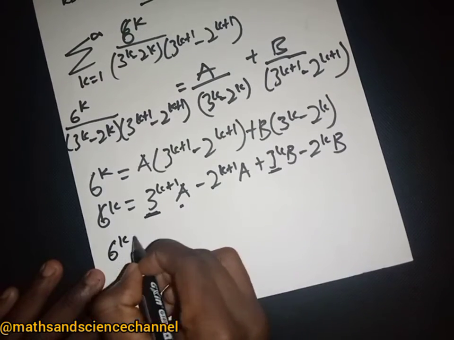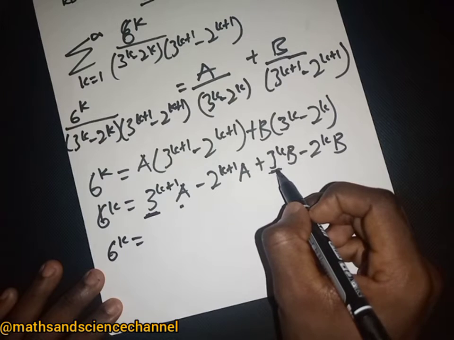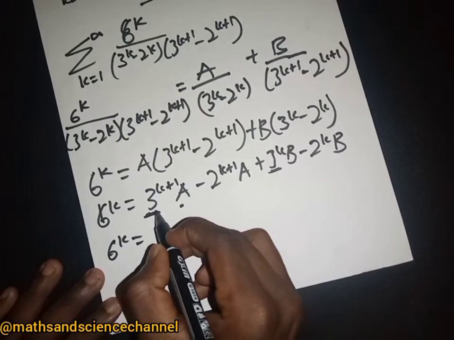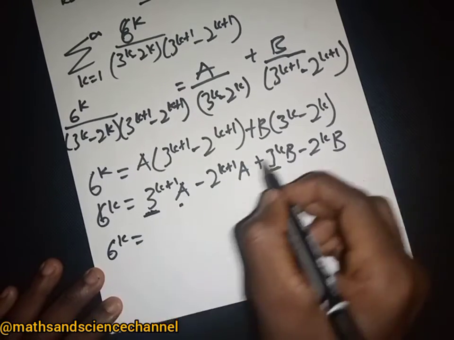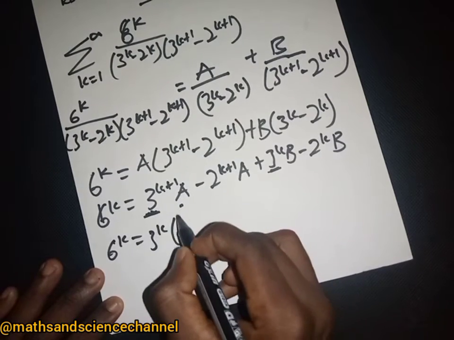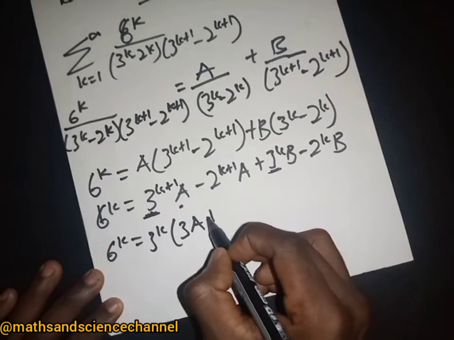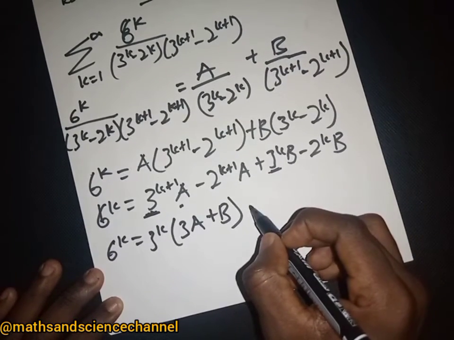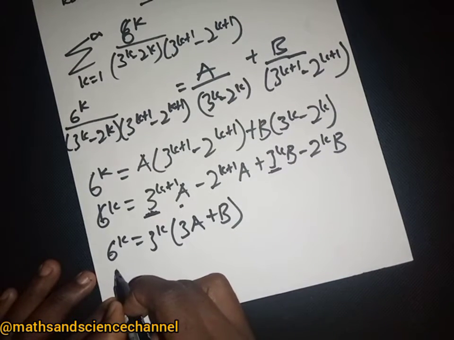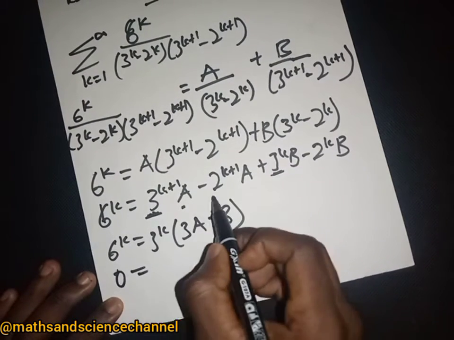So we have 6^k being equal to this and that, and we can take 3^k out. We are left with just 3A plus B. Then in the second equation, we are going to get 0 being equal to